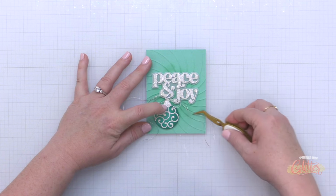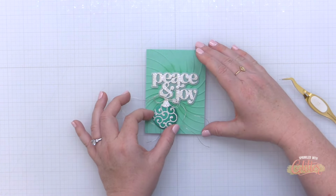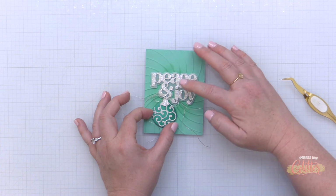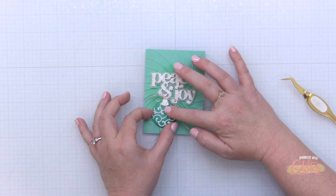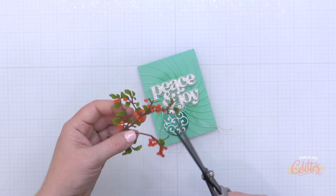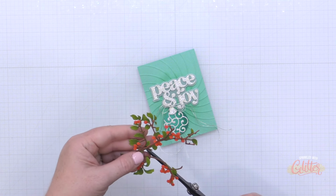now I'm taking each of these elements and adding it to that card front that I created with some foam adhesive. So I'm just kind of sneaking that under the edge of this peace and joy sentiment. Also, that has some foam adhesive behind it, so there's a little room for me to kind of wiggle that